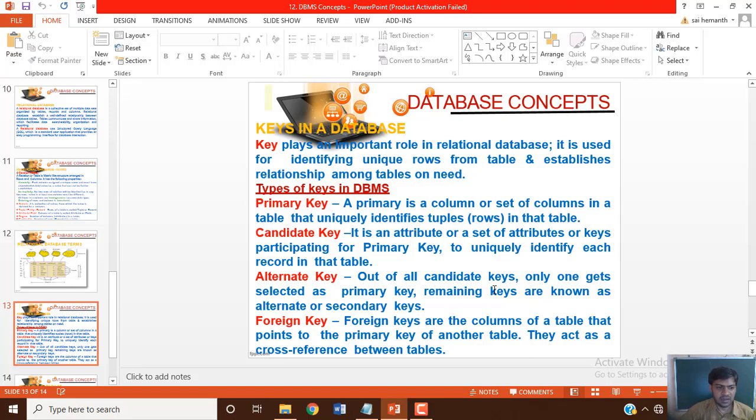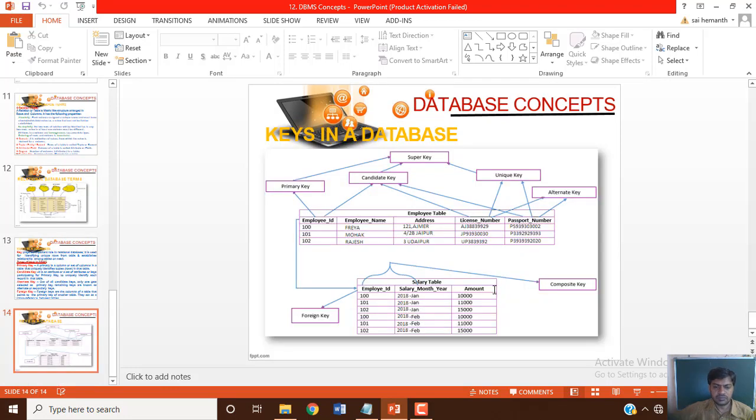Now let's see how we can understand this with an example. You can see here an employee table and a salary table, two different tables. The employee table has employee ID, employee name, address, license number, and passport number.